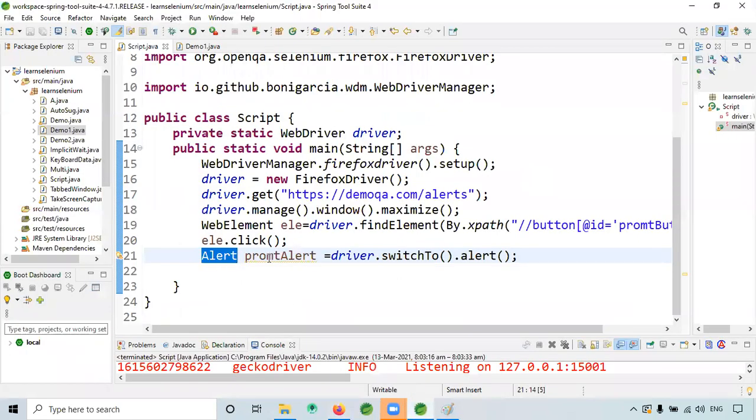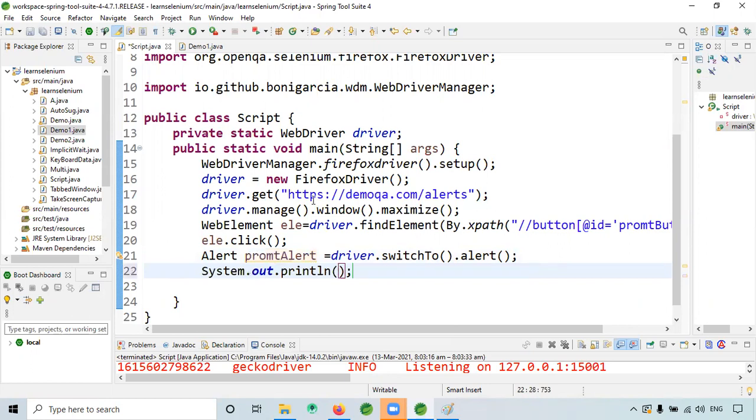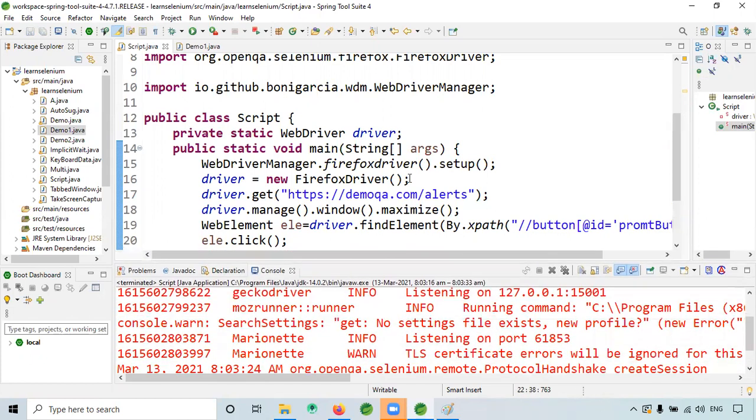So now I've given prompt alert. If you want to find the text, you can do that, but you need to convert it into a string. So I cannot give system.out.println of prompt alert directly.